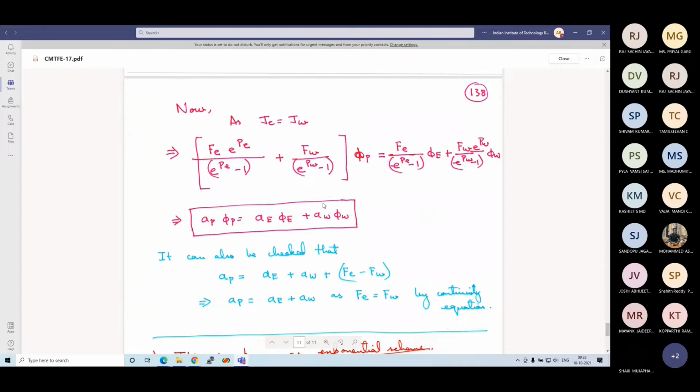This was our exponential scheme. You can see that it is somewhat tricky to remember. I don't recommend that you memorize it also. This you should be able to derive, but you do not need to memorize. So this is the exponential scheme, but now we don't need all this.